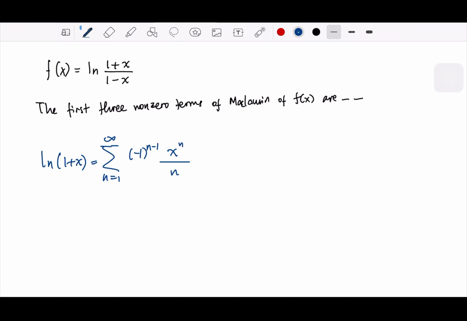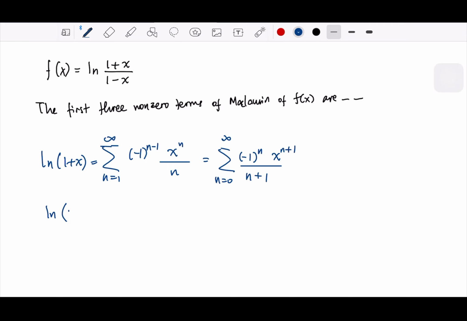Because it's asking for 3 non-zero terms of the Maclaurin series, and we need to check all the n, actually, it's probably better if we take from n equals 0. So let's rewrite this in terms of n from 0. So we just added, okay, and the ln,